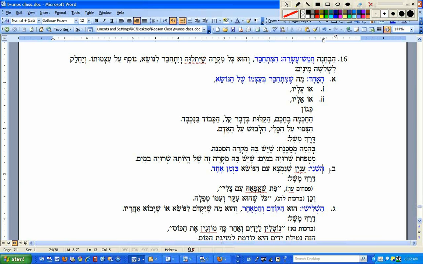The sheni, the second type of mikra, or mischaber, hasheni, inyan hamnimsa imhanose bizman echad. It's something that is found with the object at the same time. It's associated with the object at the same time. It's not part of it, it's not around it, it's just associated with it. For instance, pas sha'afa imsli. There's bread that is baked with something that was roasted. So they just happen to be two different objects that exist simultaneously at the same time. But one is not part of the other here. The point is that they're just together in time.